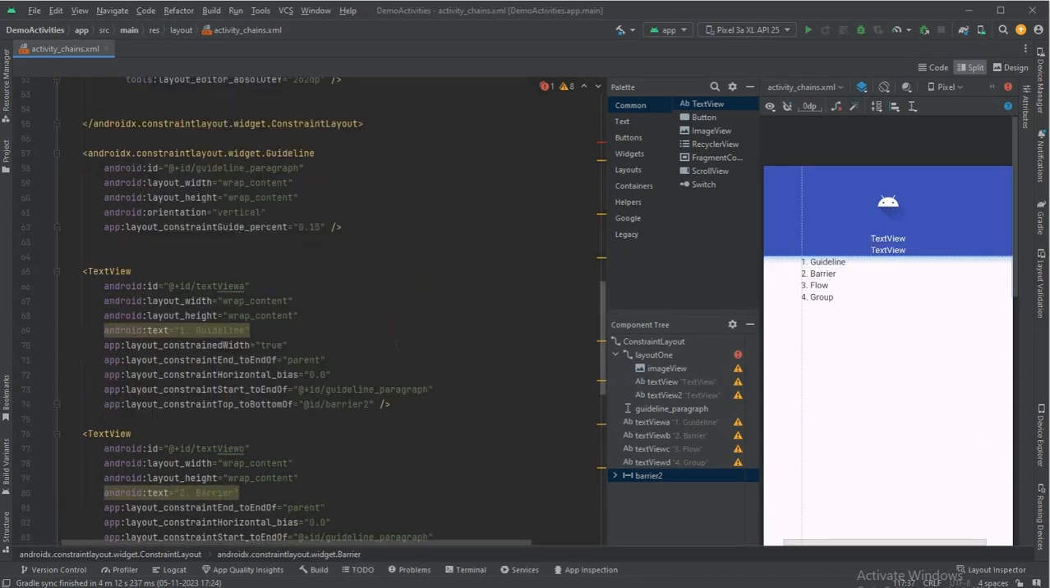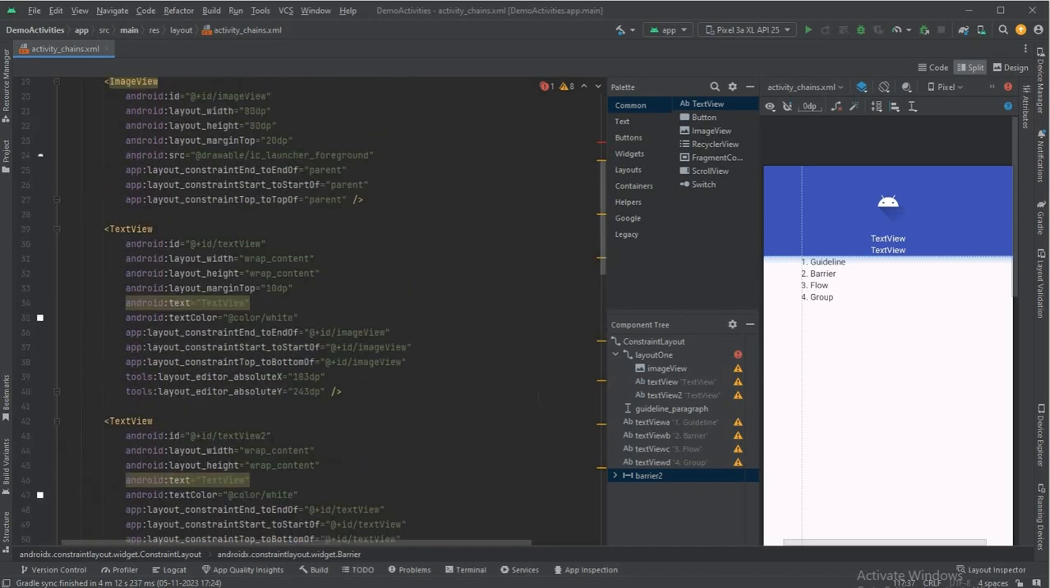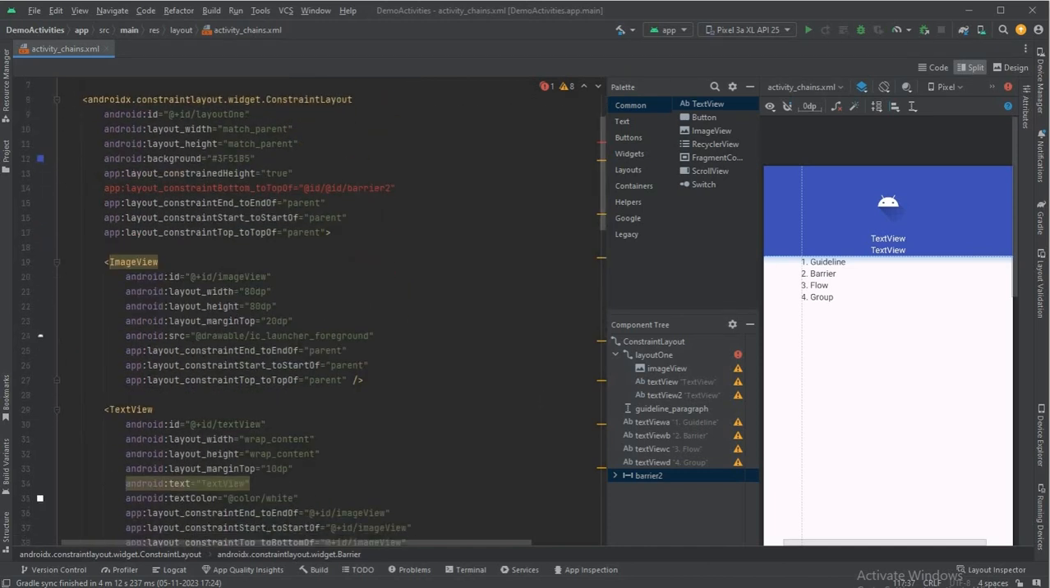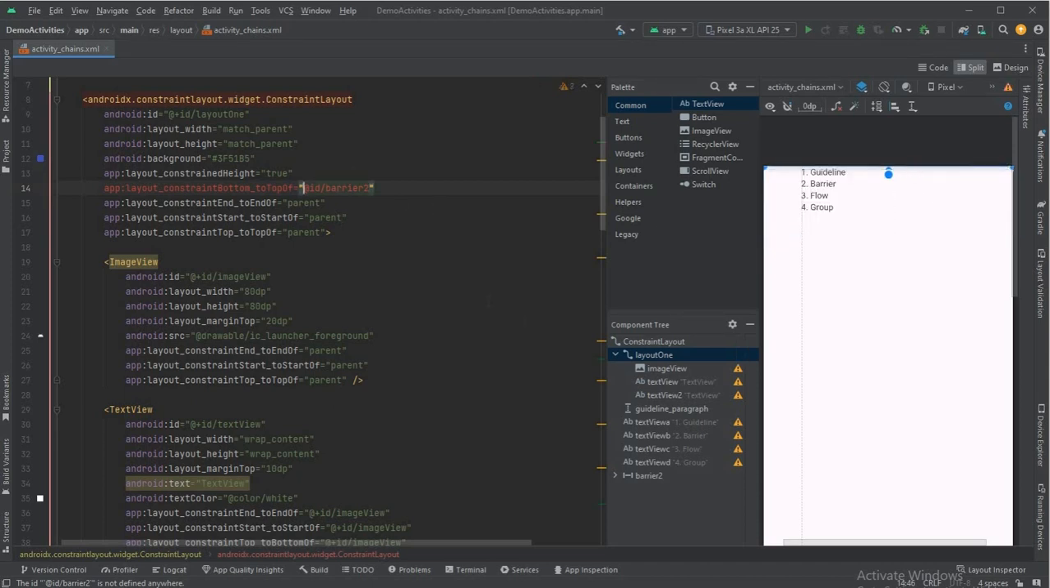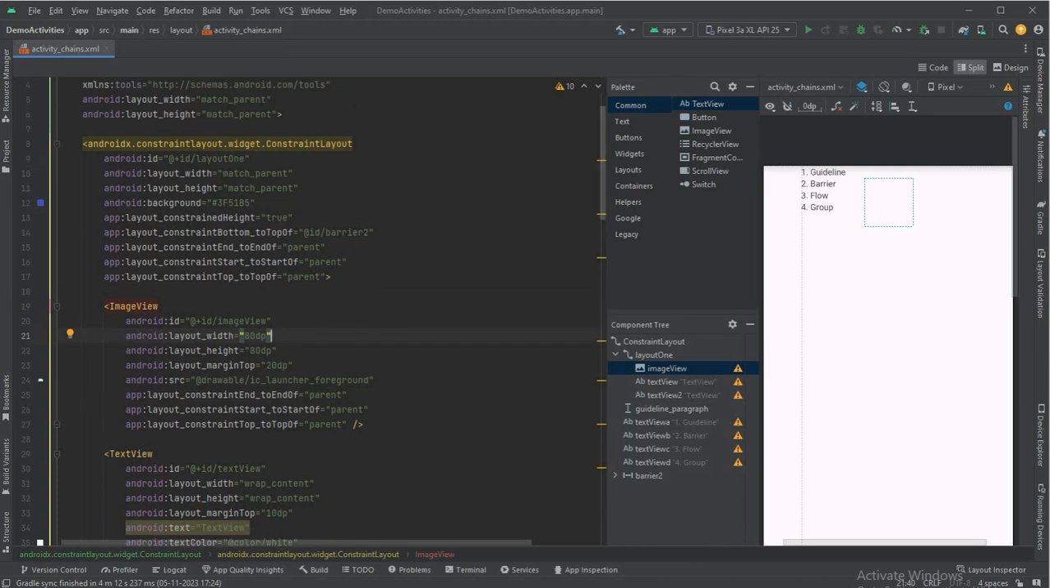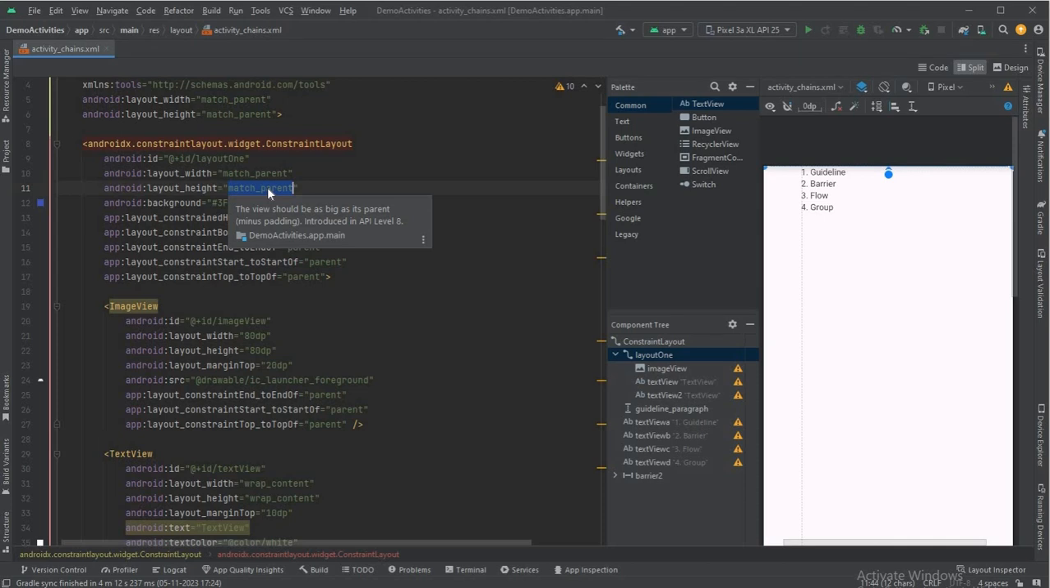Now, as I told you, guideline will not move, but the barrier will move. Some spelling mistake is here. Now you see, the guideline will not move, but the barrier will move. Now if you see, your barrier has moved up, but your view is not visible, right? Why is it not visible? Because my height is match parent. If I write my height as 150 dp,